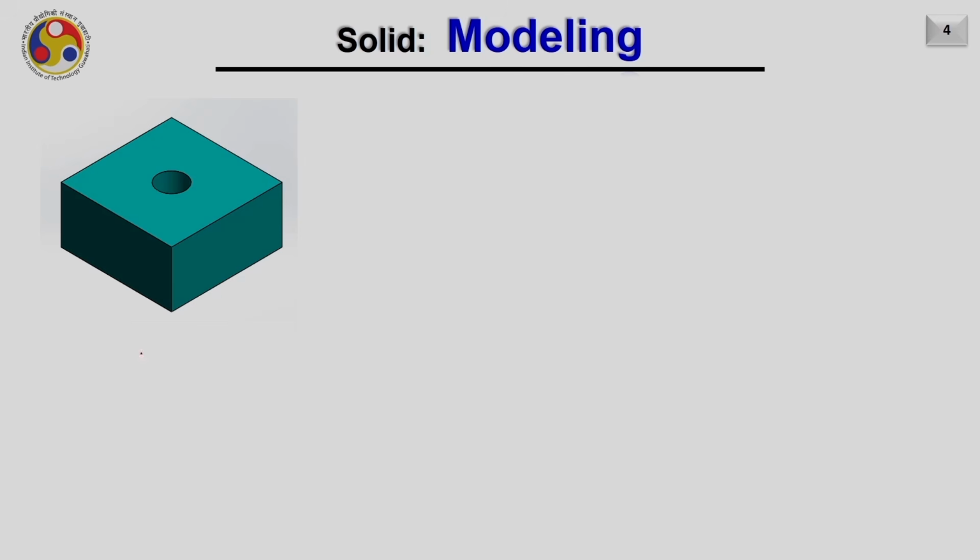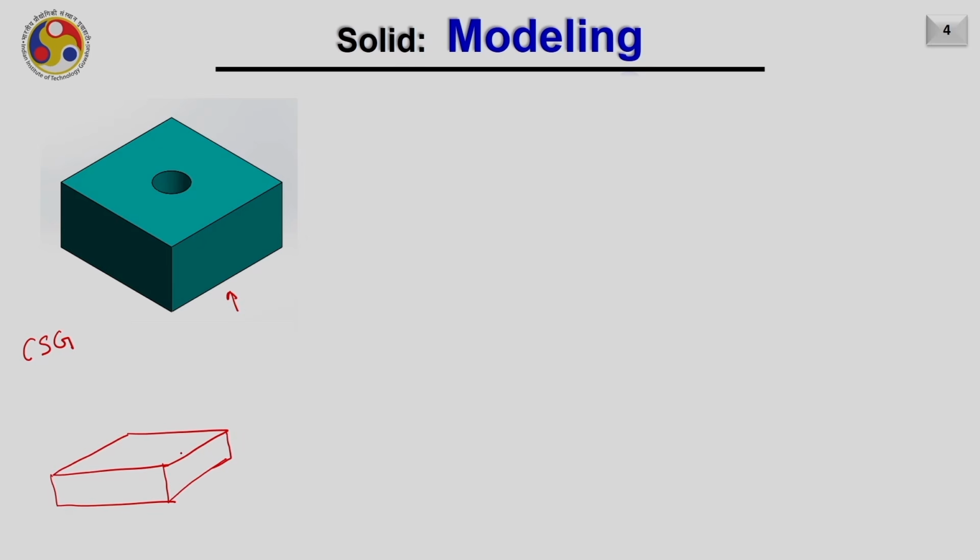The first one was CSG, constructive solid geometry. If I want to represent this particular object by utilizing this strategy, then I will select the basic primitives such as cubes, cylinders and all available with the CAD package.